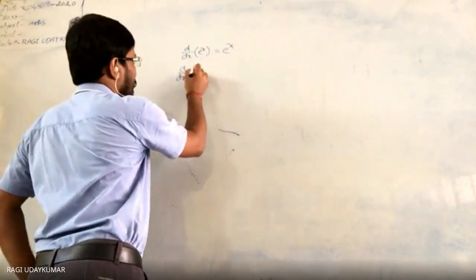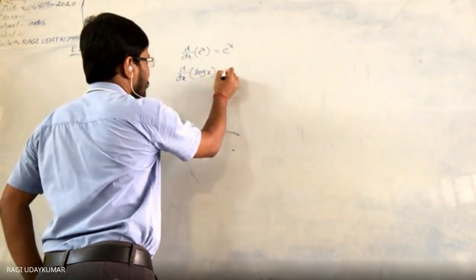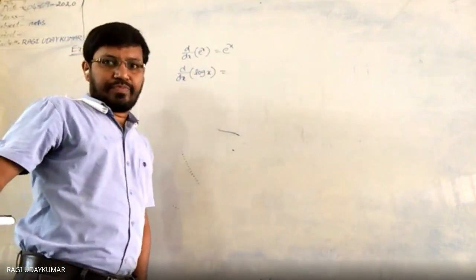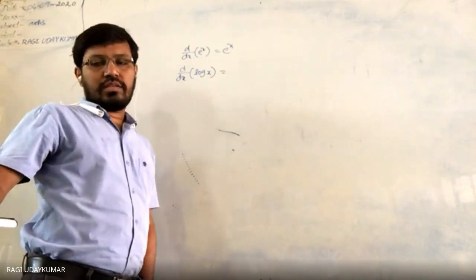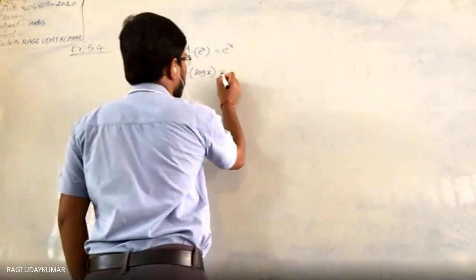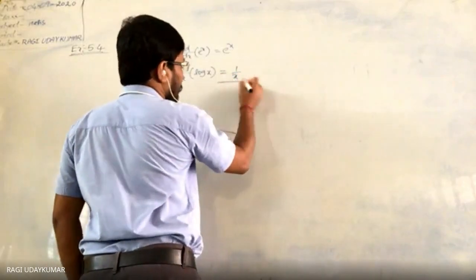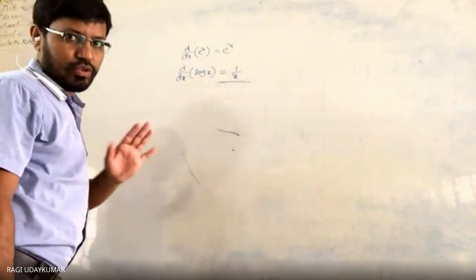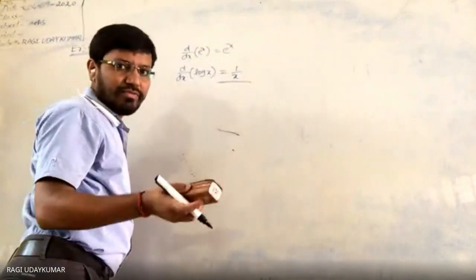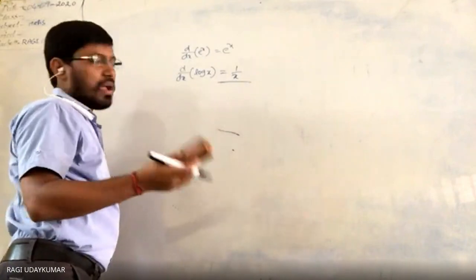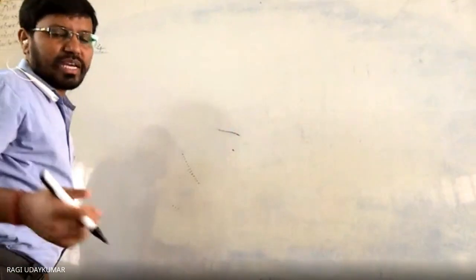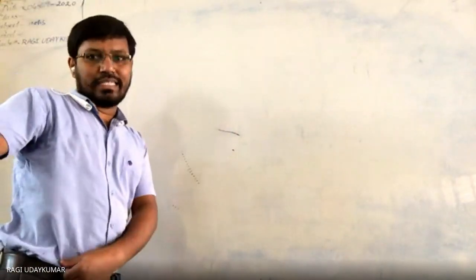d by dx of log x. Here log x is nothing but log to the base e. Log base e is to be taken into consideration. So the derivative of log x is 1 by x, you are going to get. So these two things you try to remember here. The first one is useful for exercise 5.4 and the second one is useful for exercise 5.5. Very lengthy problems can be solved using logarithmic functions in the easiest way.